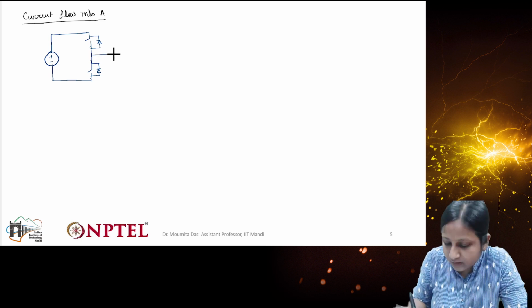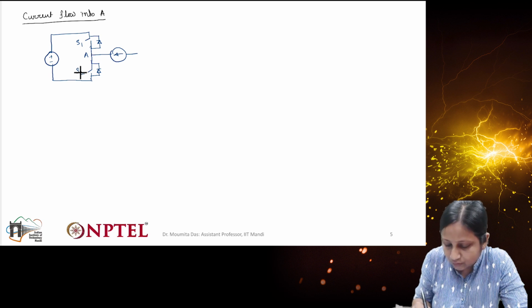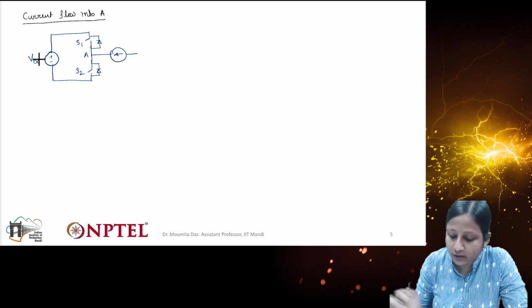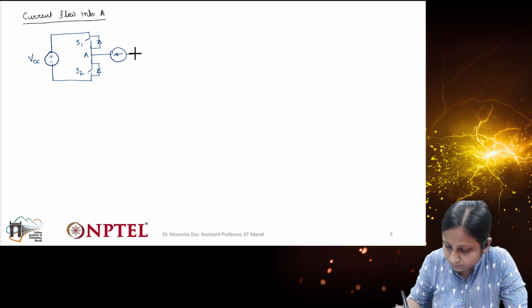Now this current we can represent as a current source entering into point A. So this is S1 and this is S2, and the VDC. Now how will this current look? During the first time, T1 to T2,